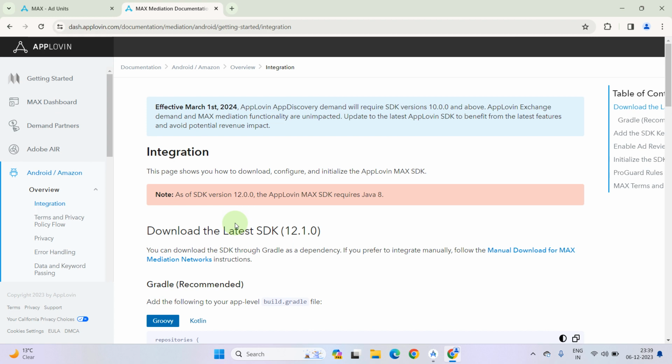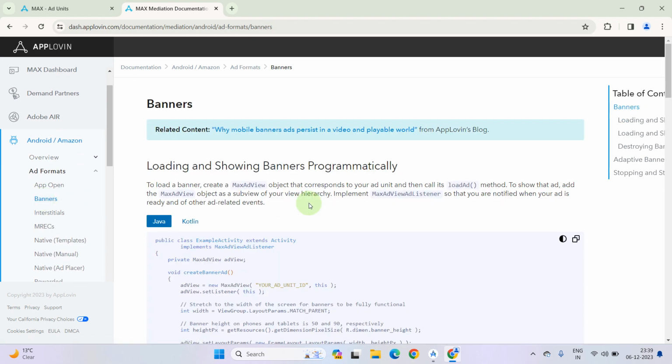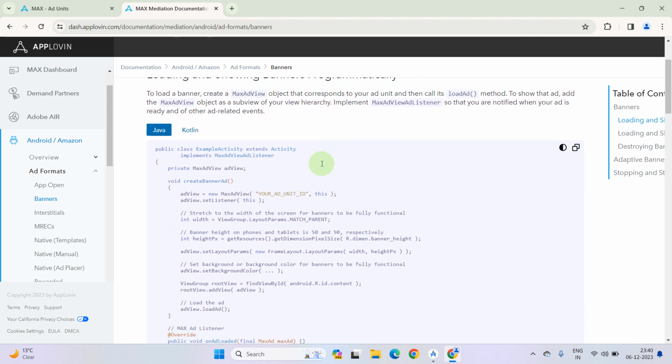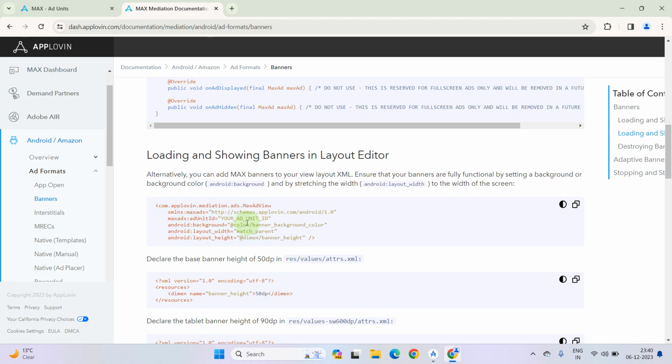As you know, we covered the integration part in our last lecture. So we have to integrate banner ads into our project. So let's click on it, add formats, select banners. As you can see, we can show banner ads programmatically. First of all we have to add a layout. So copy this one